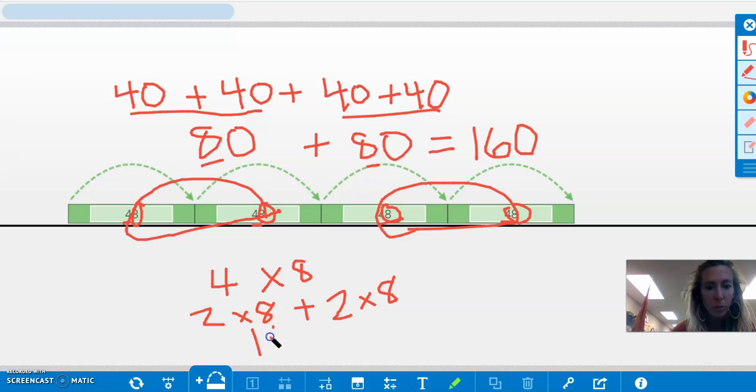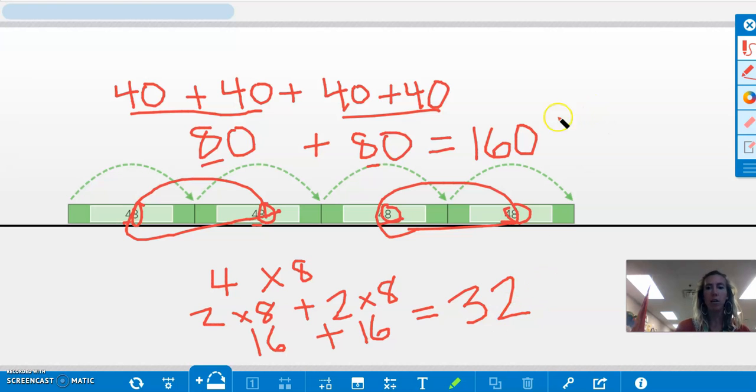And double 8 we said up there was 16. So 16 and 16 together will give me a total of 32. So now if I put my 160 and my 32 together, so 160 plus 32,